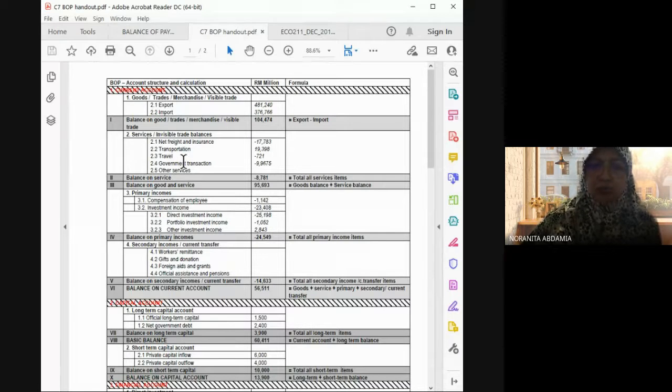How to settle this account? How to clear this account? Look at number 2, the formula. Balance on service, how to get it? Just total all the service items. Total only, just add everything up. And then you get the answer. But,